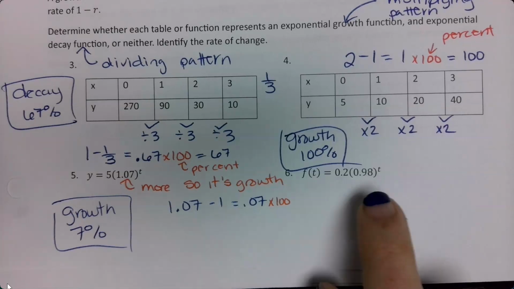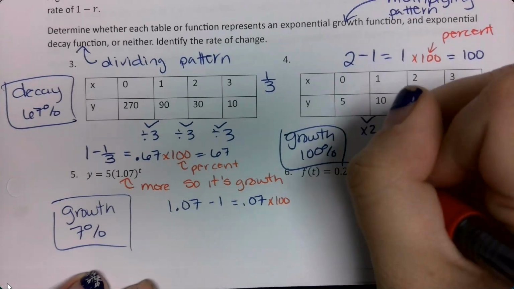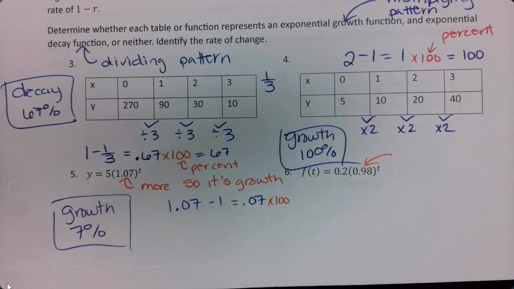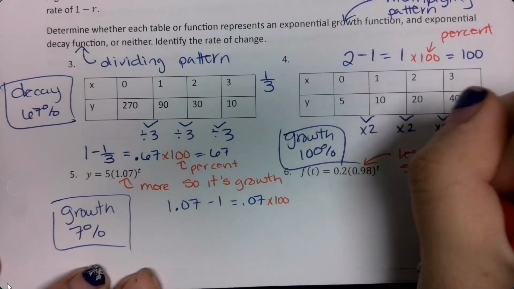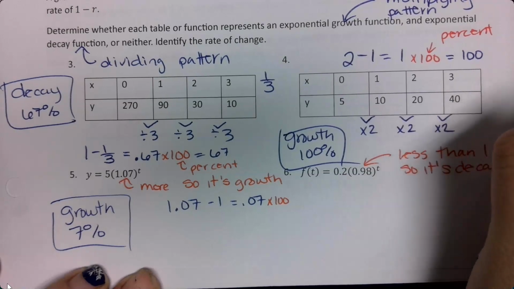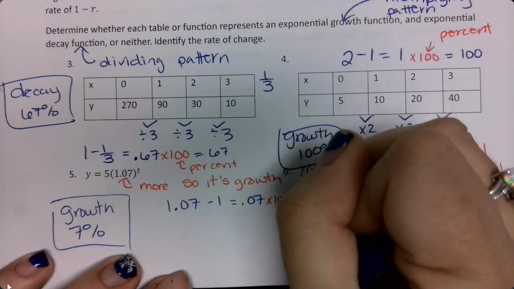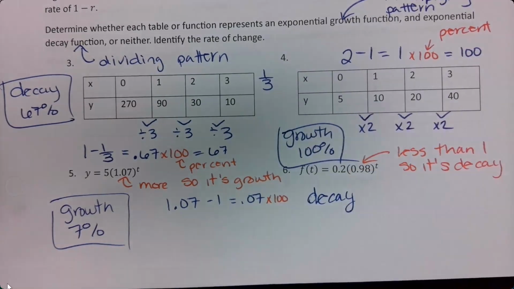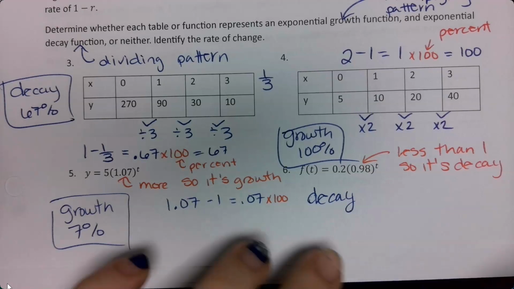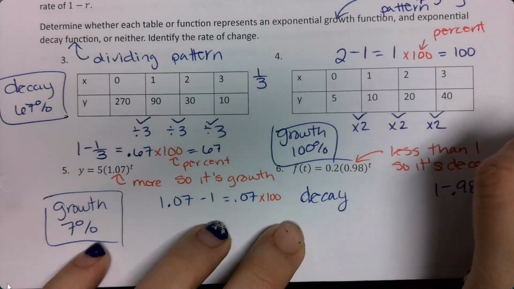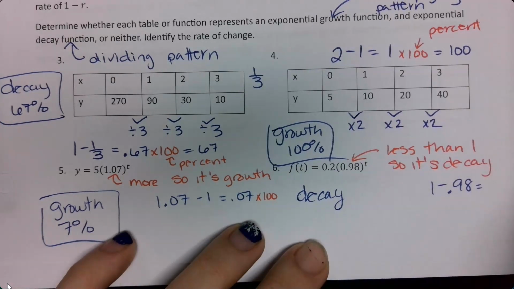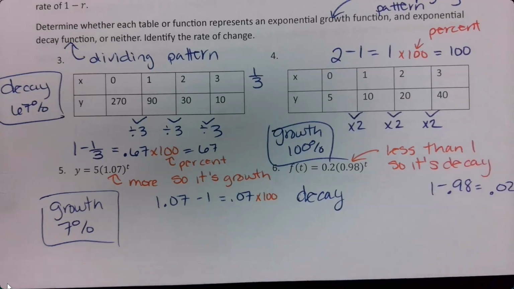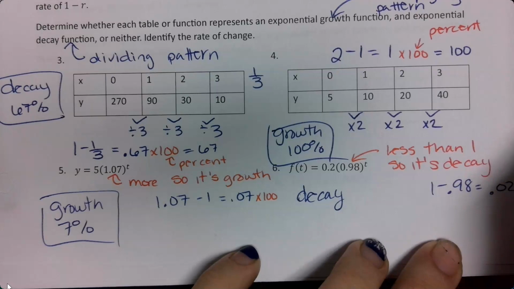6. Okay, so what do you think 6 is? Based on that number in the parentheses. And then how do I find my decay percent? Which gets me 0.02. And then I multiply by 100 to turn it back into a percent, which gets me